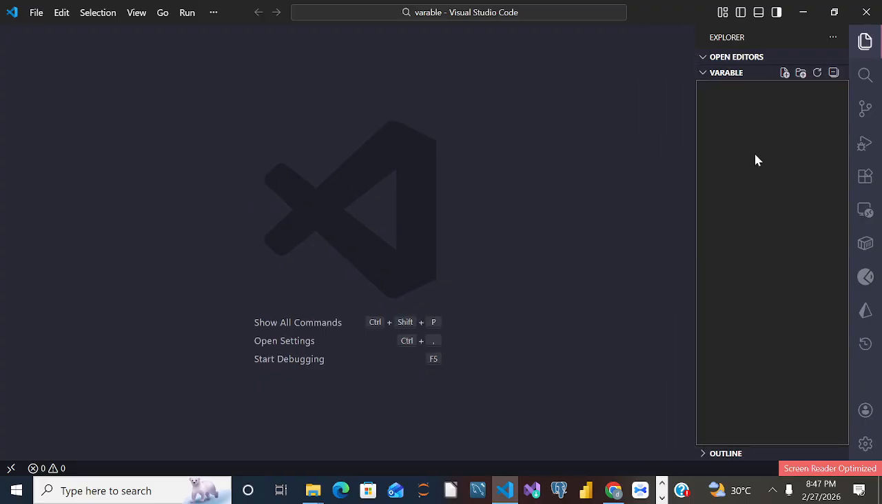So if that is clear, we have icons here. This one is to create a file, this one is to create a folder. A file is different from a folder. A folder is what your files will hold. Let us assume that I want to create a file called